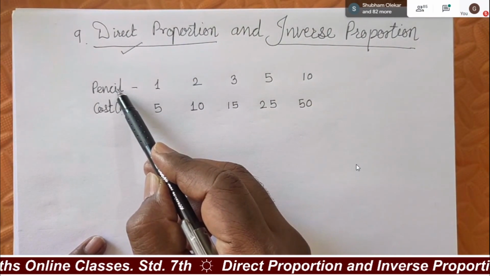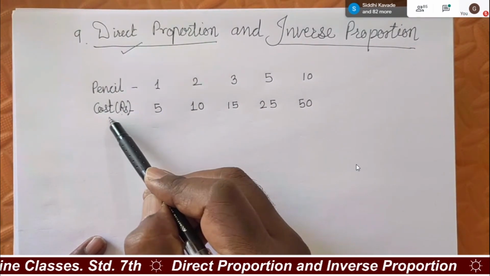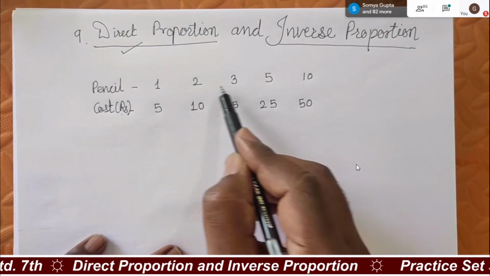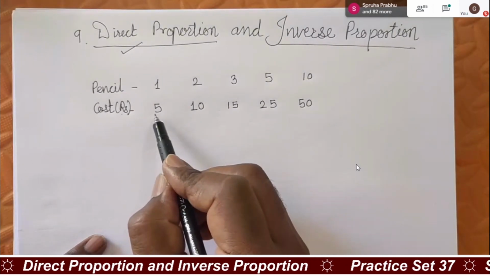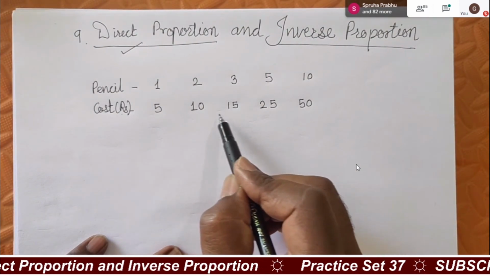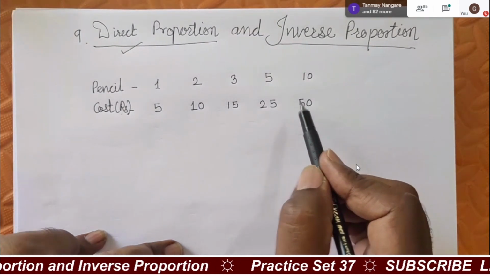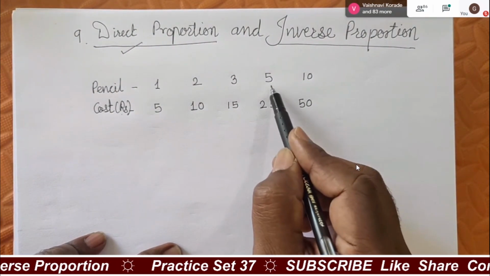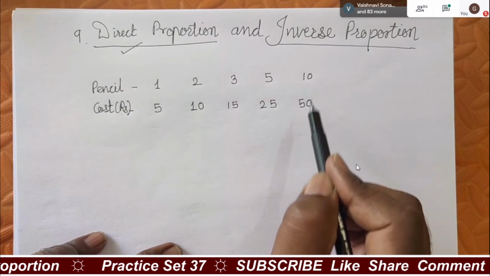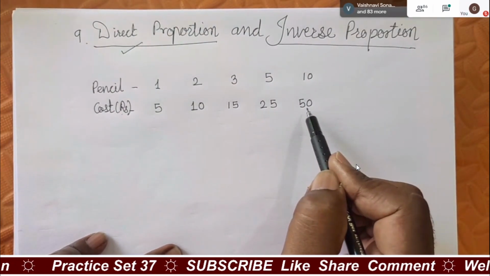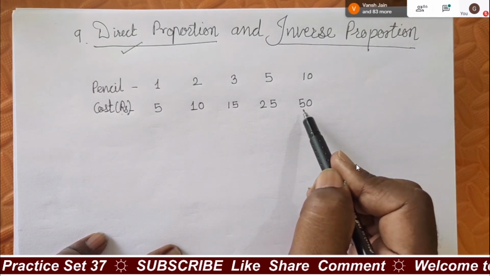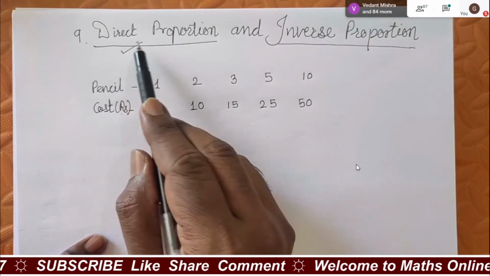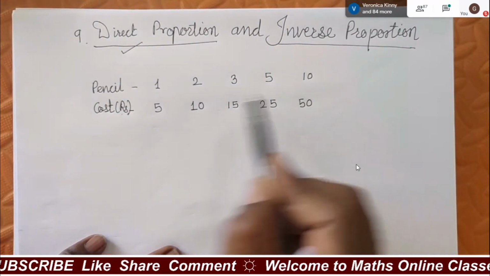The first quantity is the number of pencils, and the second quantity is the cost of the pencils. Now if I go on increasing the quantity, what will happen? Its cost will also go on increasing. If you are purchasing 5 pencils, the shopkeeper will charge ₹25. But if you are buying 10, can he give you 10 pencils for ₹5? No, sir. Will he decrease the cost? No. It is called direct variation. Both things go on increasing.